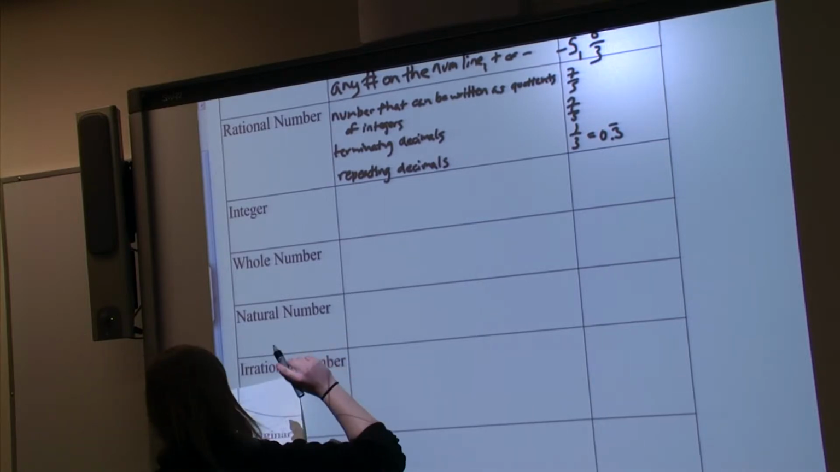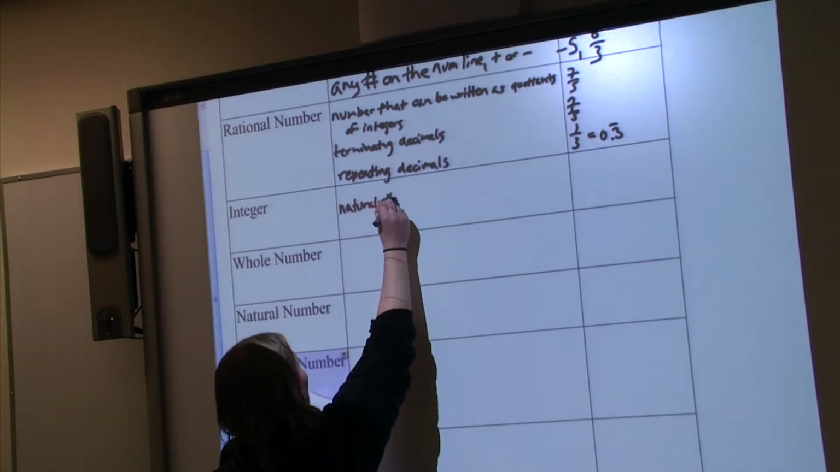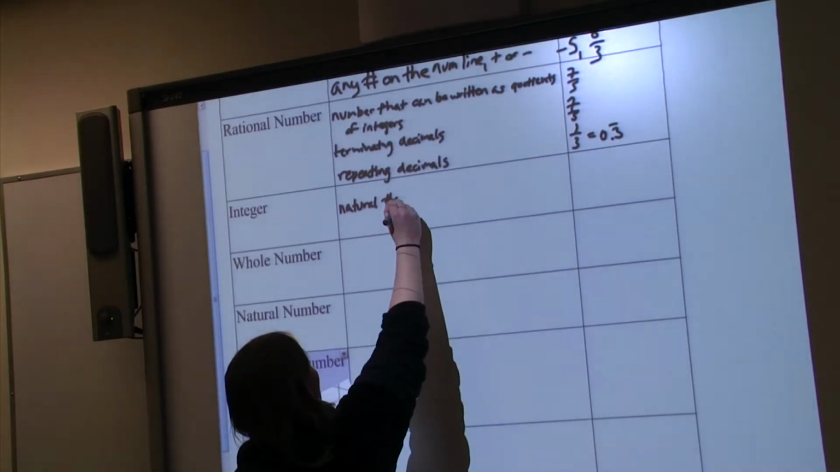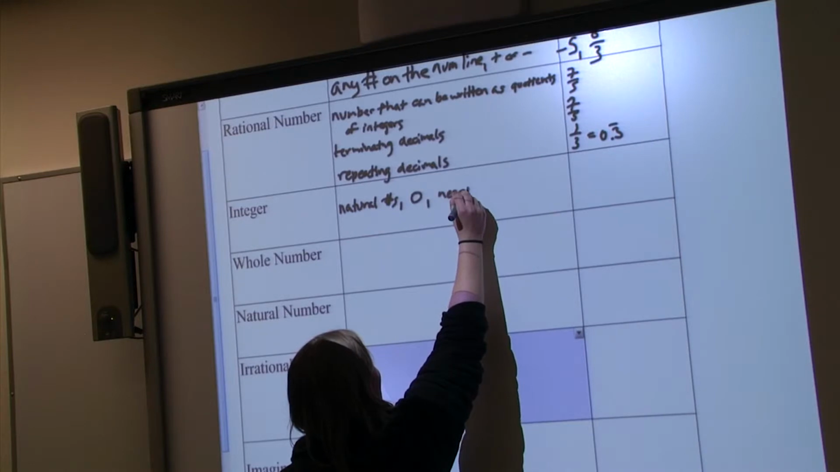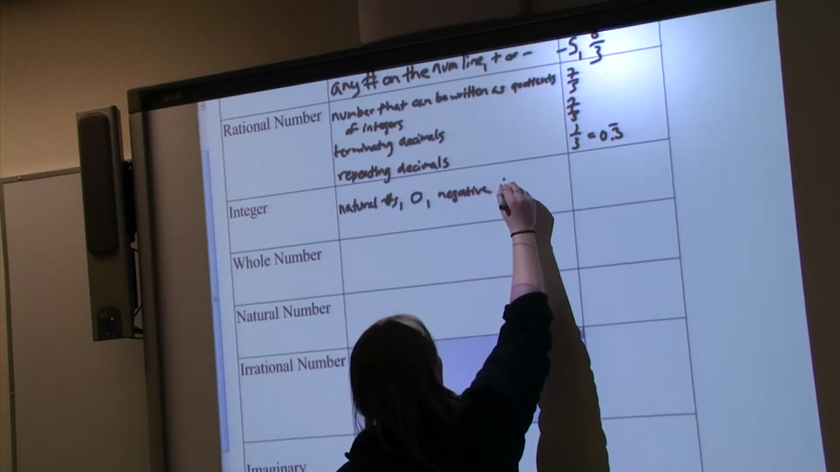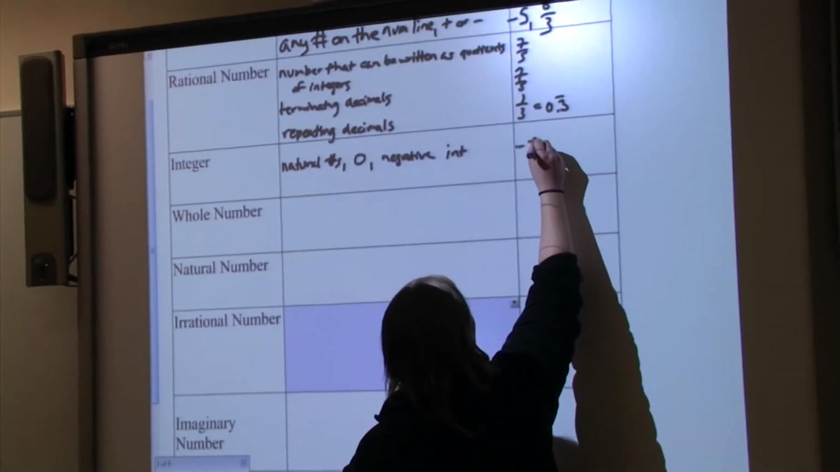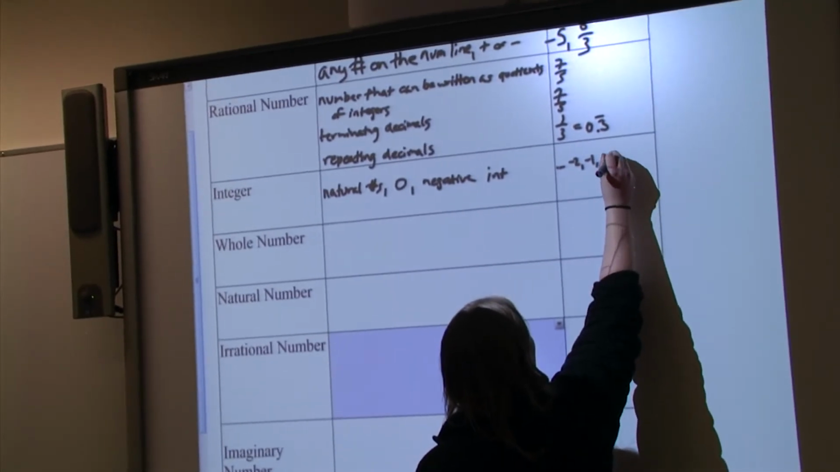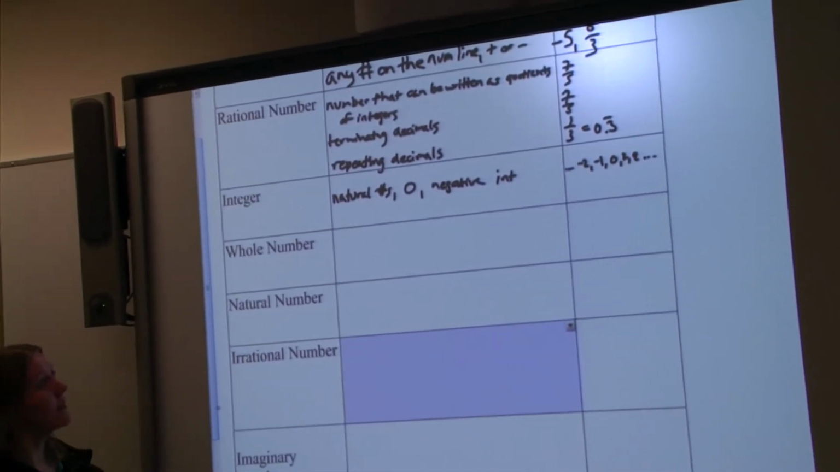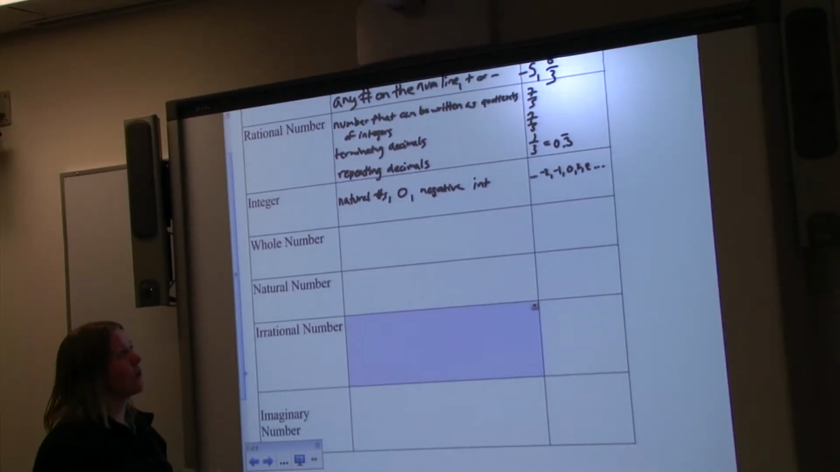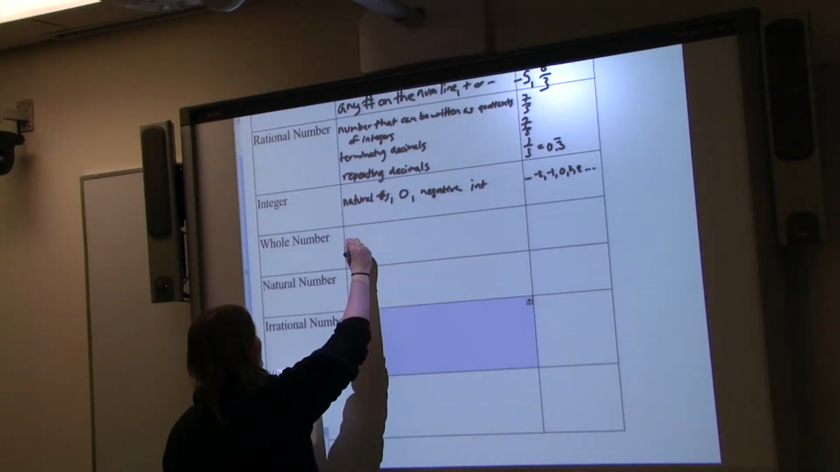Integer. It is our natural numbers that we just talked about. It includes 0, and it's also our negative integers. I wrote it like that so you guys can see that it's basically just the whole numbers. Now we have whole numbers. It is our natural numbers,